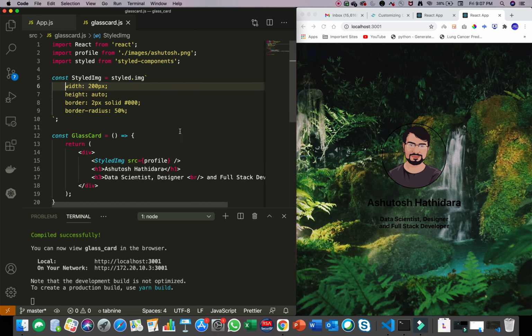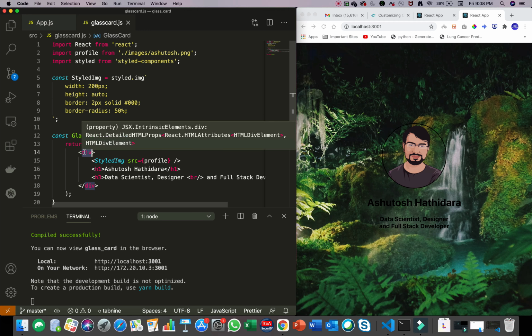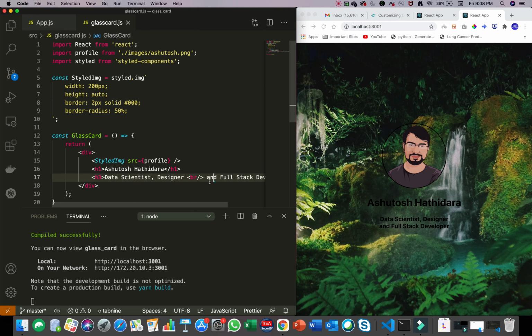We want to do the same thing with all these elements. Now you might start understanding the structure of this project. We'll have this div element as our glassmorphism card, and we'll animate this complete div tag, so that everything inside it gets animated, and all this information in this div will be part of that card.